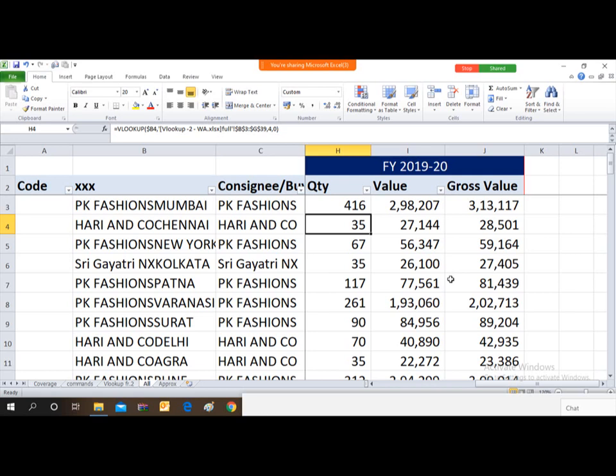So it will depend upon the situation. Suppose you want to send this file to someone, and at his end this formula may not work because it will be looking for the database. The database will not be available to whom you have sent it. So in that case...